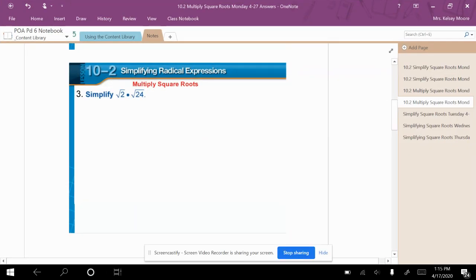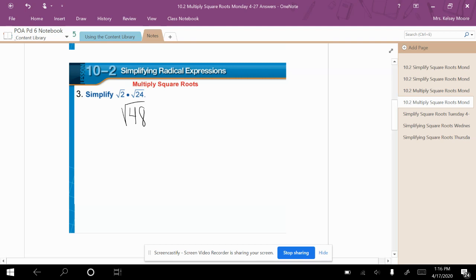All right, today we are going to be multiplying square roots. We're still simplifying them, but now you're going to have two radicals that you are going to multiply together. So the easiest way to be able to do that is actually multiply the numbers together. If the radical is common between the two numbers, you can just multiply them together. So 2 times 24 is 48. And then this is going to turn into